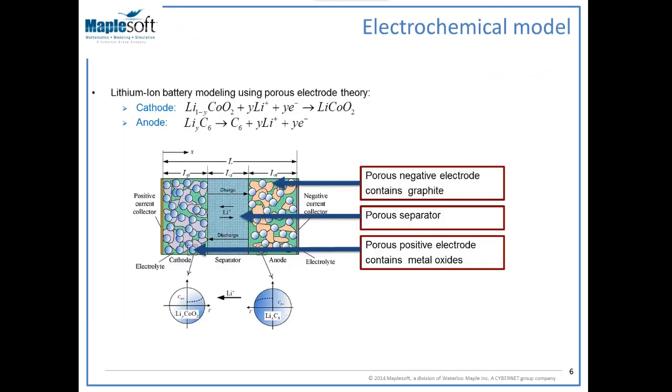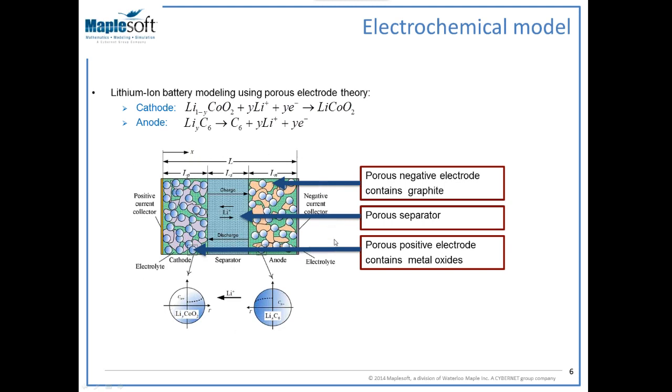On the other hand, the electrochemical approach to battery modeling describes all the details of physics that happens inside the battery, including the two chemical reactions that you see on the screen right now. So for example, this is the anatomy of a lithium-ion battery, and the description of this is based on the so-called